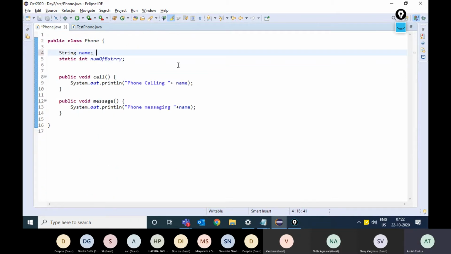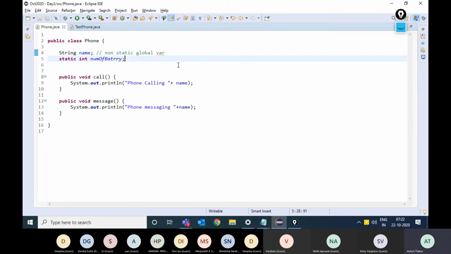So technically this variable is a non-static global variable. Global because it is not inside any function. Number of batteries is a static global variable. To access this non-static variable, you have to create the object of this class.